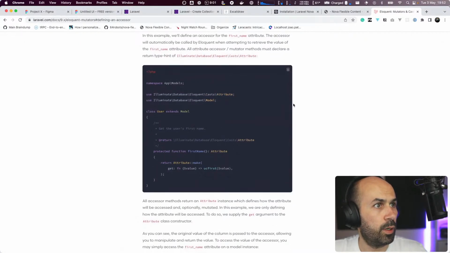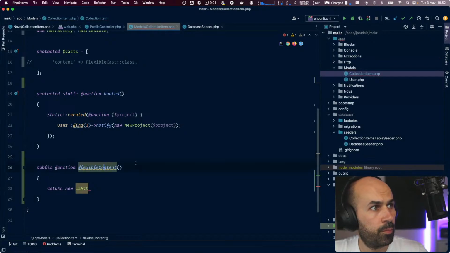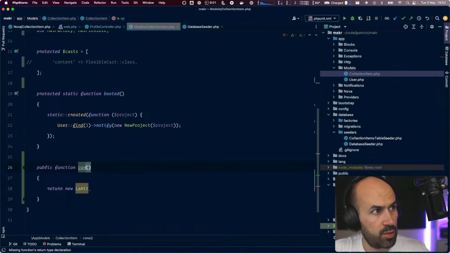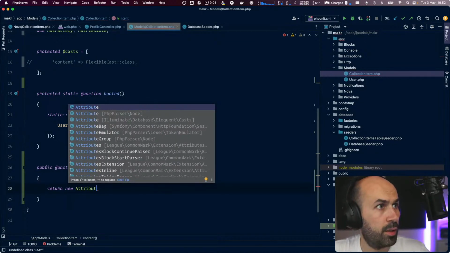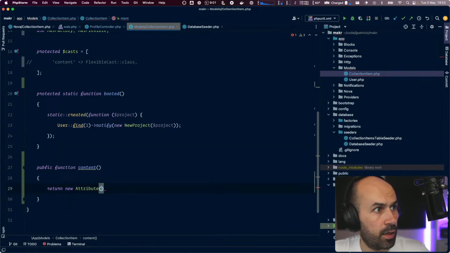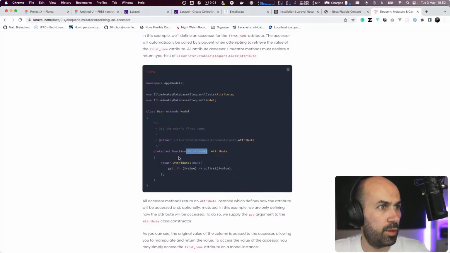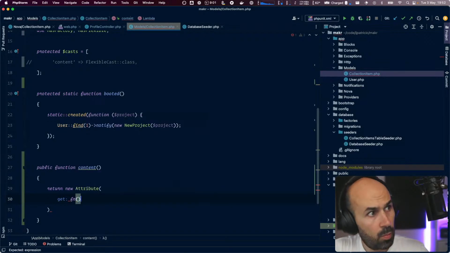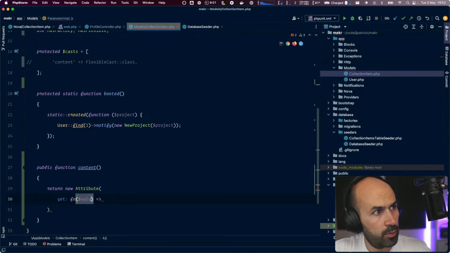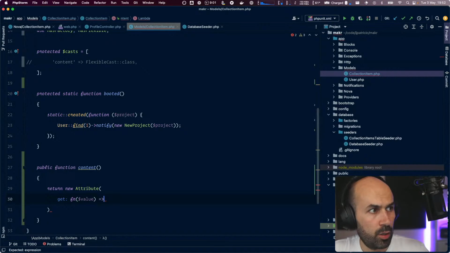Okay. I'll even say just content, and there's an attribute, and this is a cast attribute, and this would be with two functions. Let's receive the value, and these would turn into